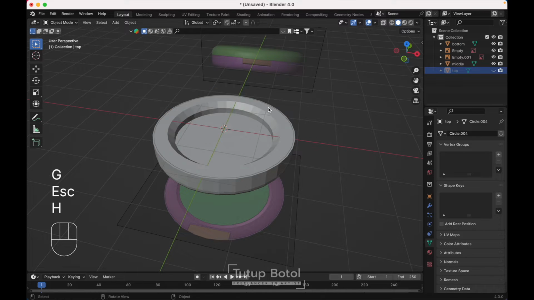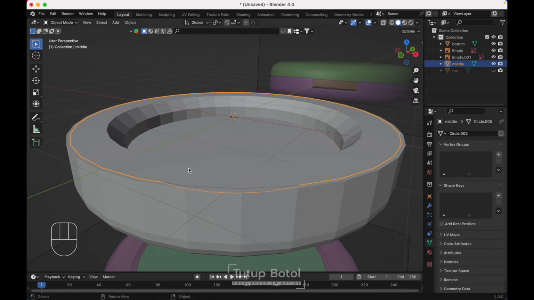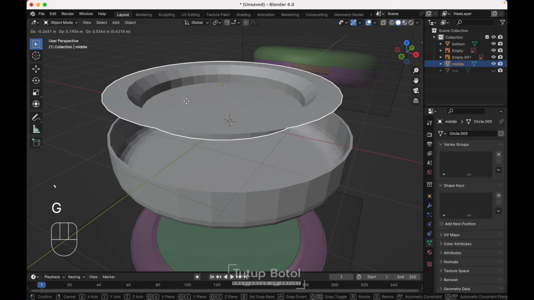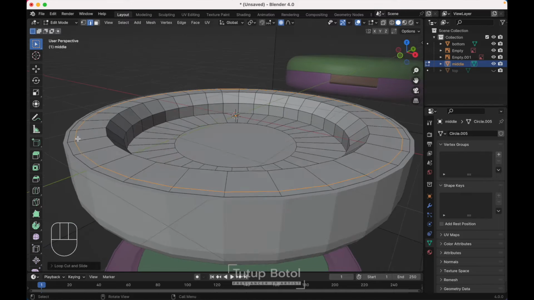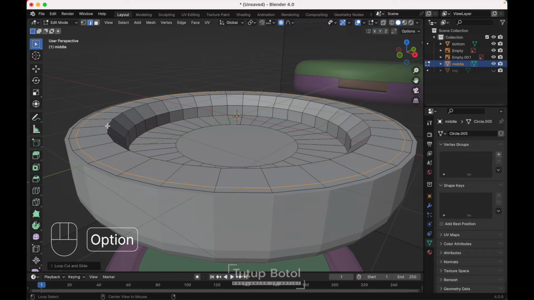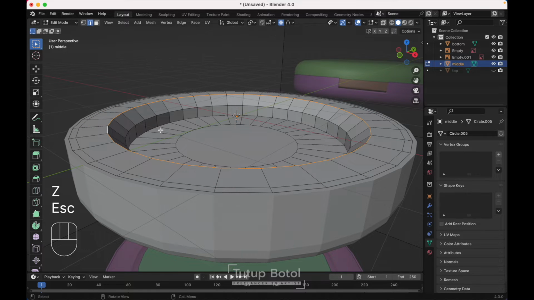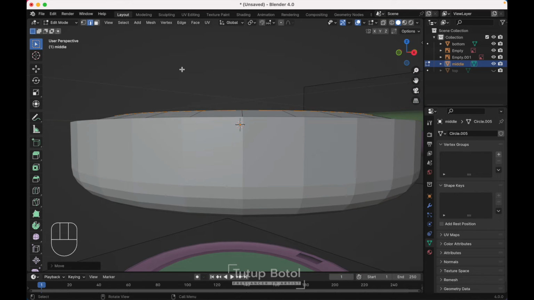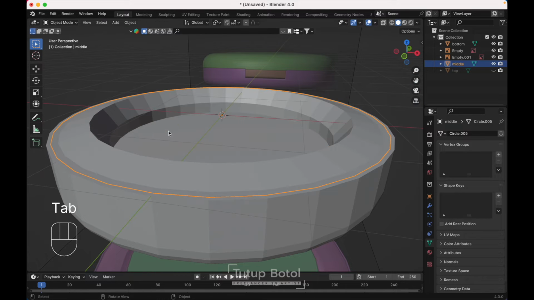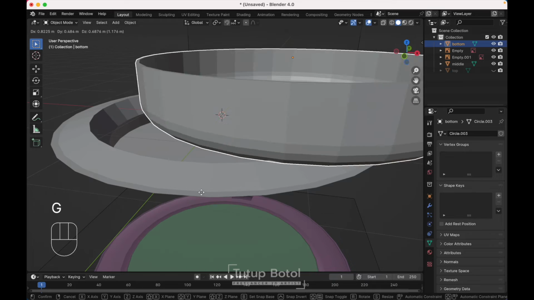Okay, let's hide the top first. We need to add a little bit of detail over here at the middle, tab to the edit mode, press Ctrl R, add a loop cut, just like this, and select this edge, press G, Z. Don't forget to turn off your proportional editing by pressing O on your keyboard, press G, Z, move it up here a little bit. Okay, tab to the object mode, select the bottom part,